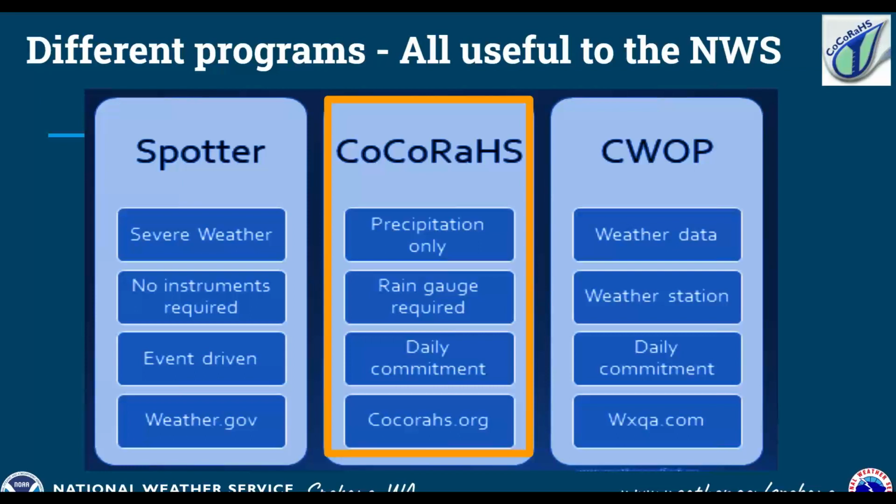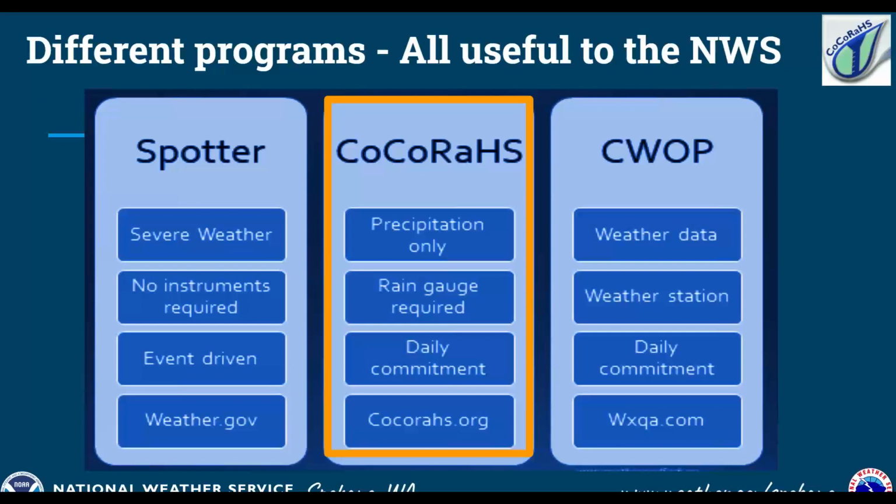Now, the other two programs we have available as well. One is this Weather Spotter program, and we've been doing those classes this fall as well. That is an easier type of volunteer program to do. You're just reporting severe weather or hazardous weather, and it's all event driven.